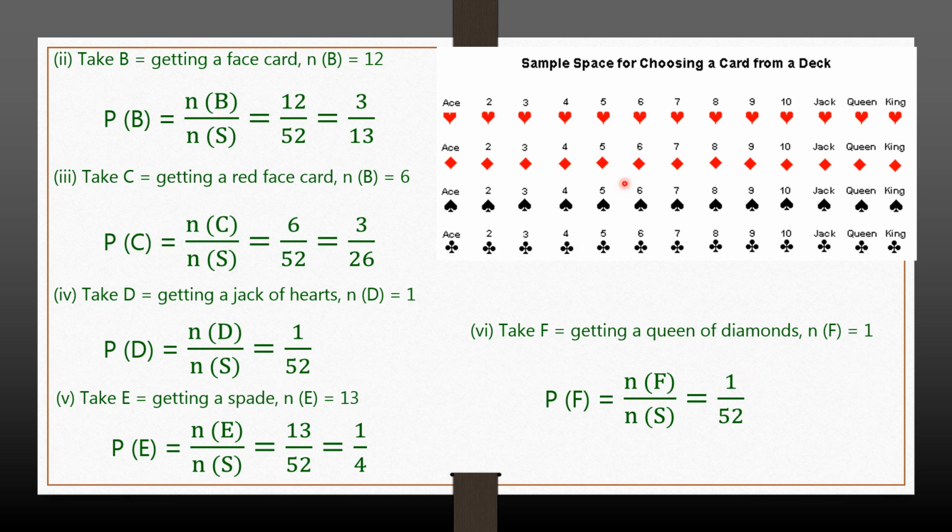In this way you can find the probability of any event related to the cards. Always the sample space should be in your mind to identify the respective cards which are favorable to the given event. After identifying favorable cards or number of favorable cards, you can apply the formula for probability to find the probability of the given event.